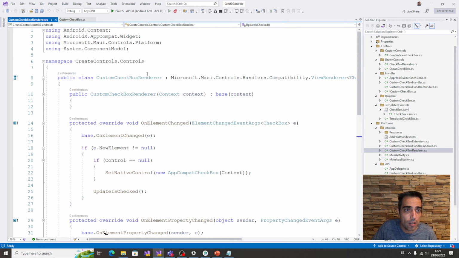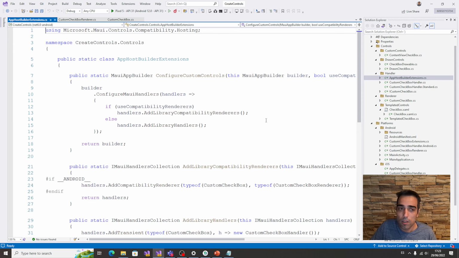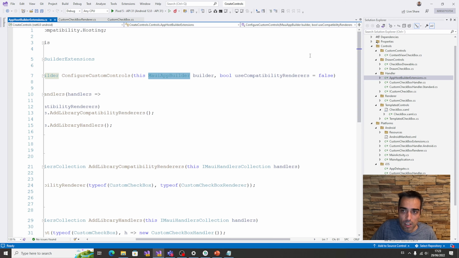And then the only thing that we need to do in a different way, because take a look here, I'm not using the ExportRenderer attribute, I use the host builder. My recommendation in this case, mostly if you are creating a library, is to create an extension method. You can create an extension method like this, where I'm going to receive the host builder, and you can inject here